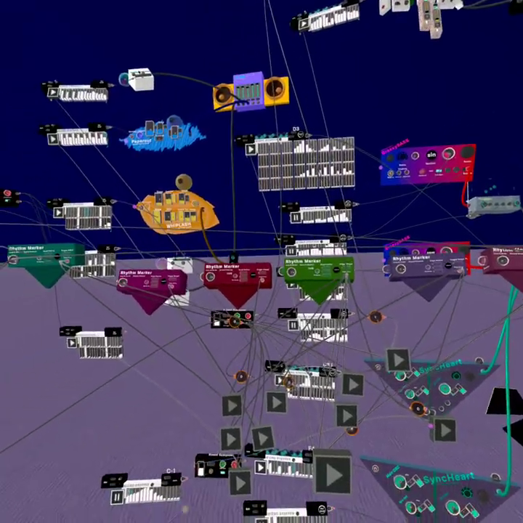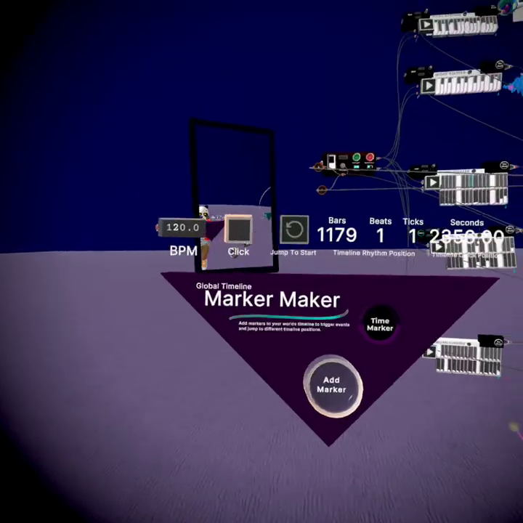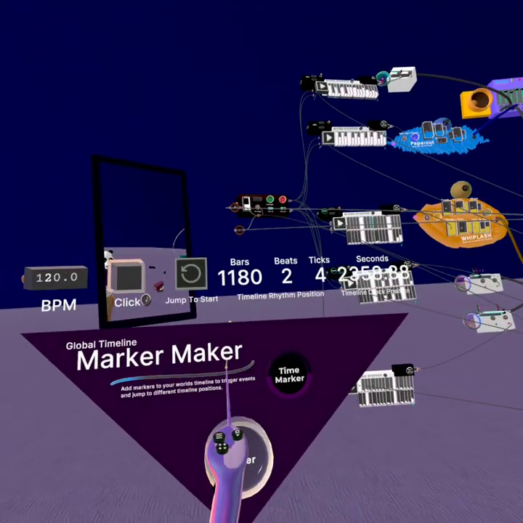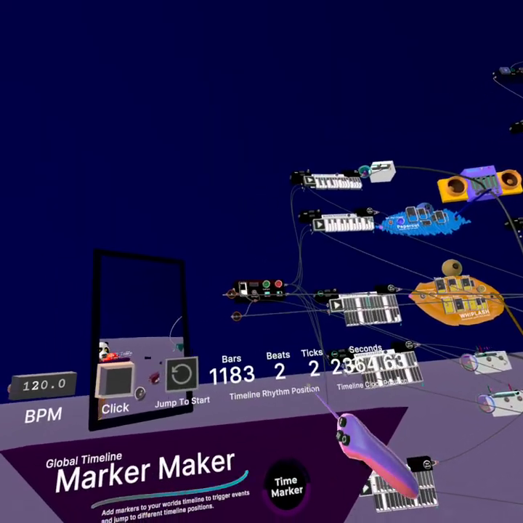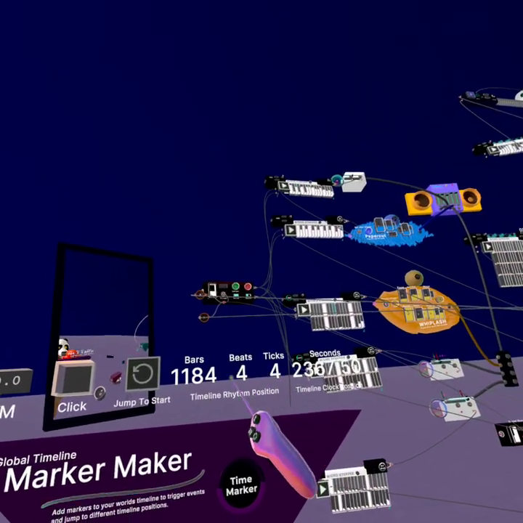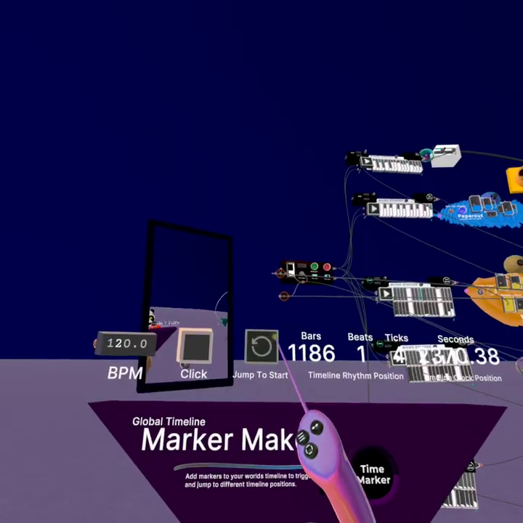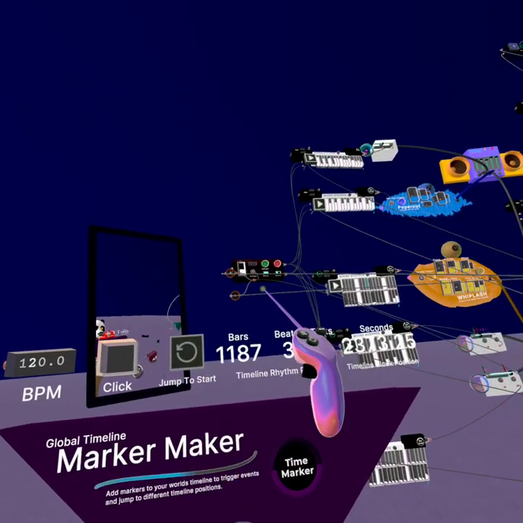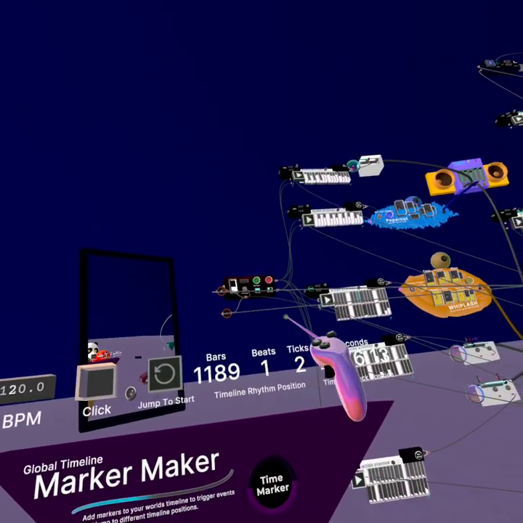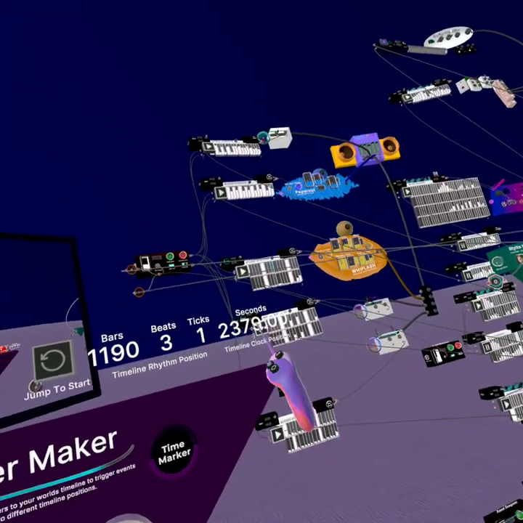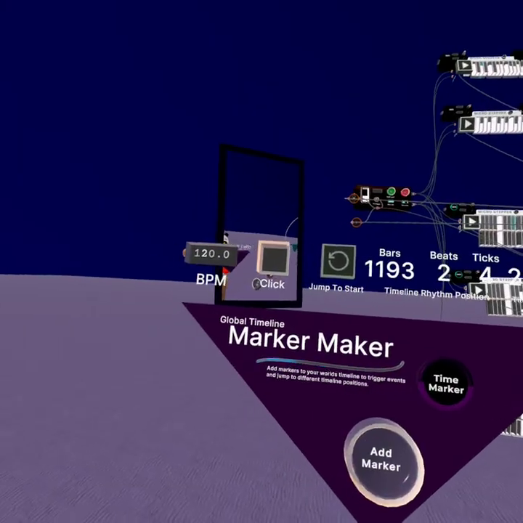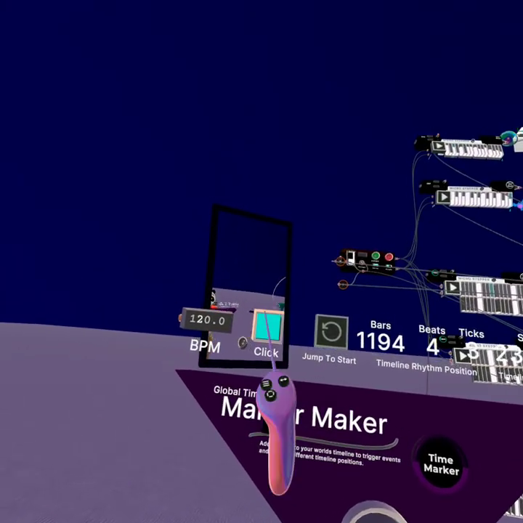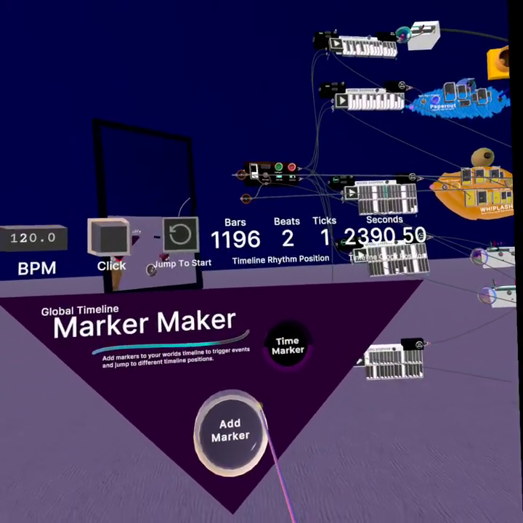Okay. Now here comes the arrangement part. This is the marker maker. It shows me that there's actually a global timeline that keeps running and shows me the current position. I can jump to the start, and it will go to bar number 1, beat 1, tick 1, second 0. Now this allows me to jump to the start, turn on a click, change the tempo, but also